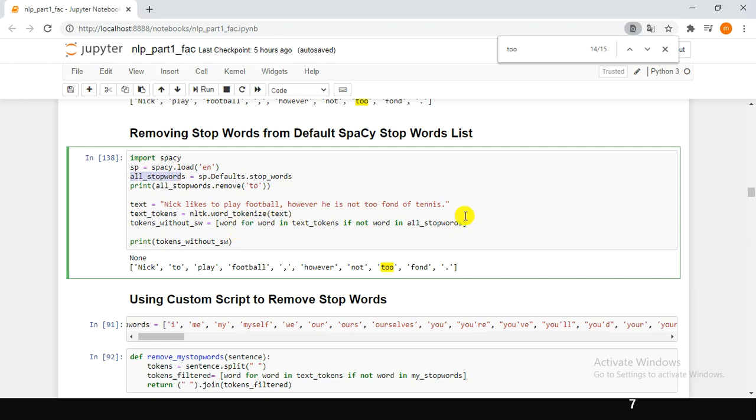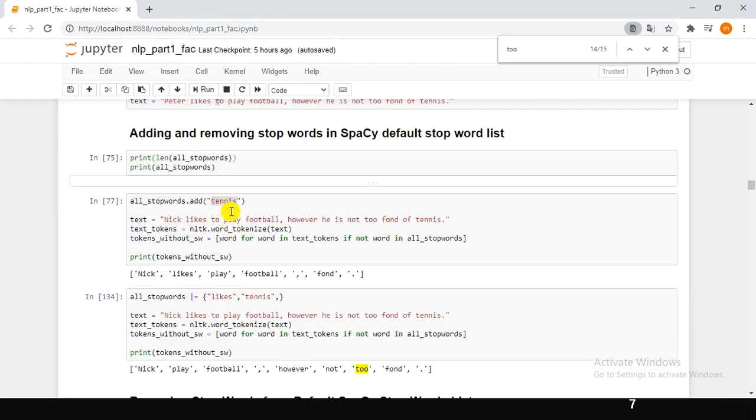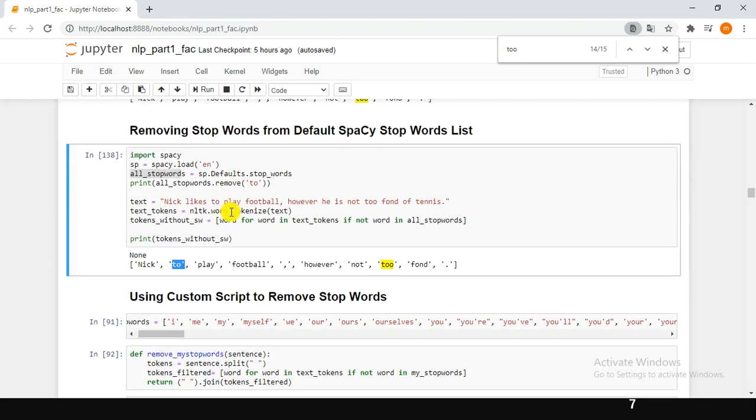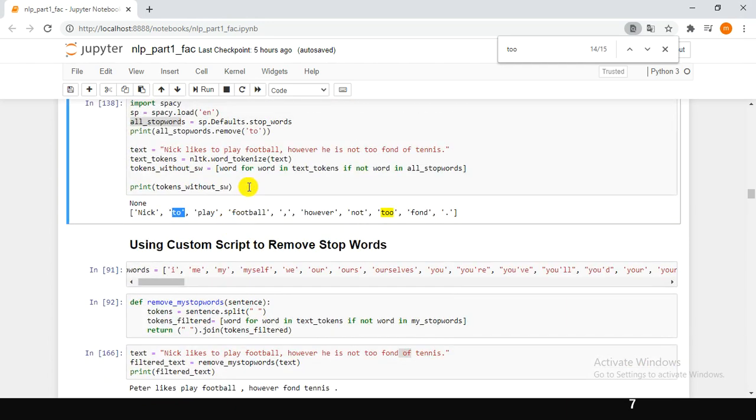Check if that is the same as the stop word. If it is not, output the value. In this case, two is not considered as a stop word.